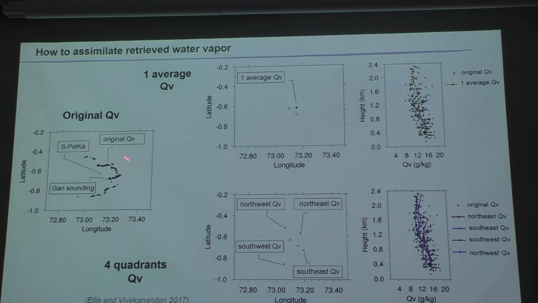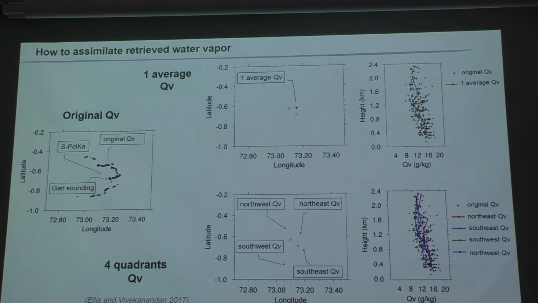And here just to show you the location of the SPOL. In fact, the humidity information is quite close to the radar location, within about 20 kilometers,